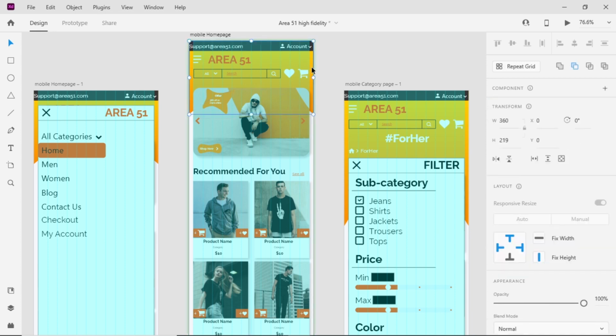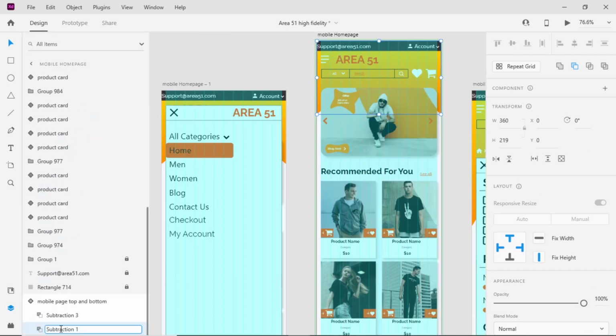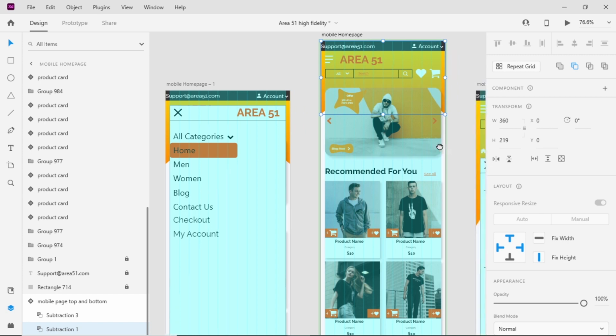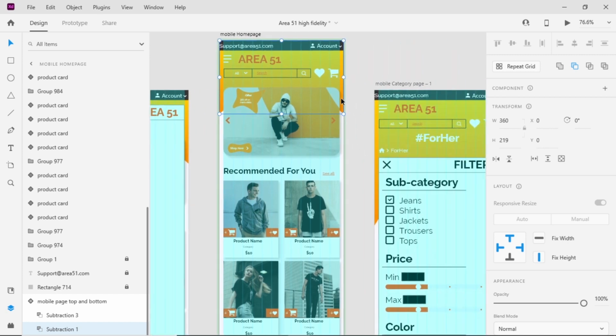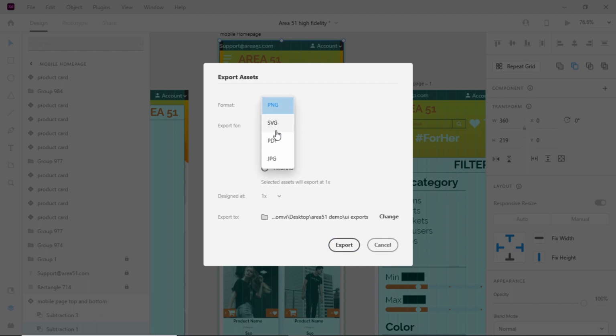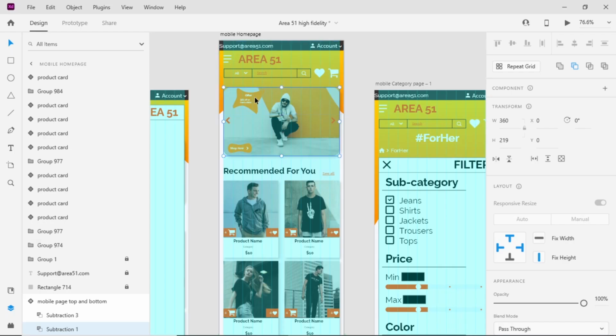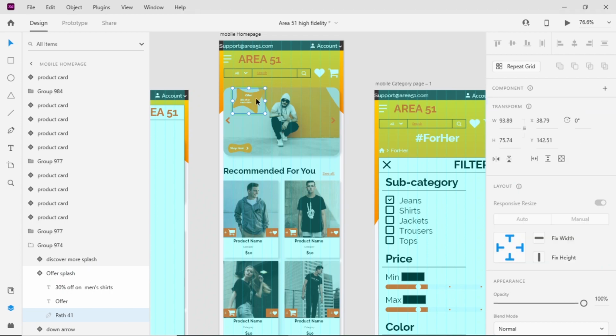Let me try to find this SVG in our layers and rename it to identify that this is an SVG for mobile view. After renaming, I will download these SVGs. First I will download the header section, or basically export them. We want SVG in the UI exports. Also I will download these small ones like the offer splash.